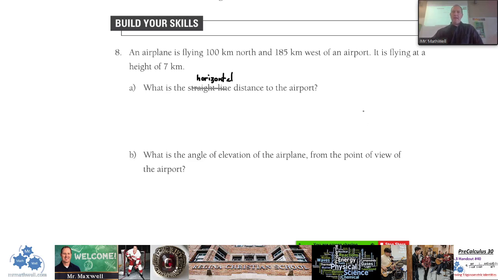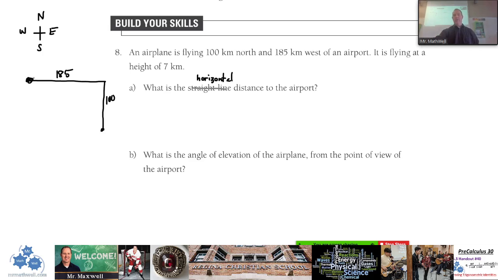It says, an airplane is flying at 100 kilometers north and 185 kilometers west of an airport. So first of all, you need to know your directions, right? I remember that since I was a little kid: never eat shredded wheat, going around clockwise, north, east, south, and west. So I'm going to draw a diagram here where I have 100 kilometers north and 185 kilometers towards the west. Okay? So an airplane is flying at this position, basically right here,